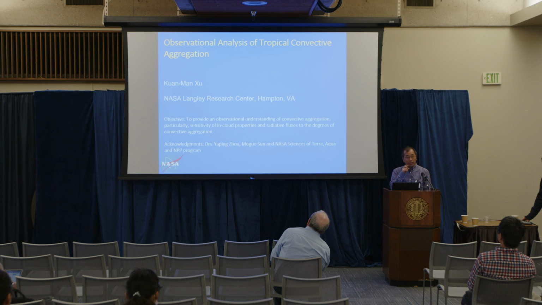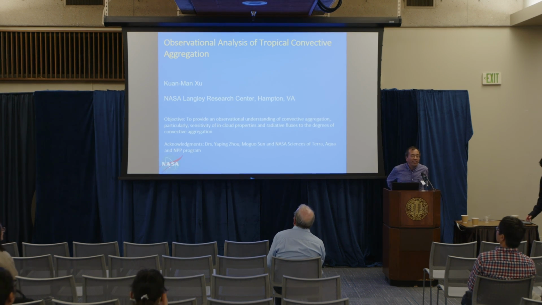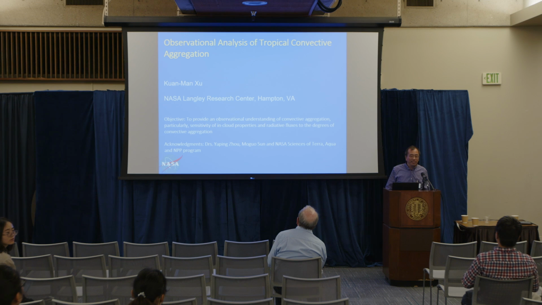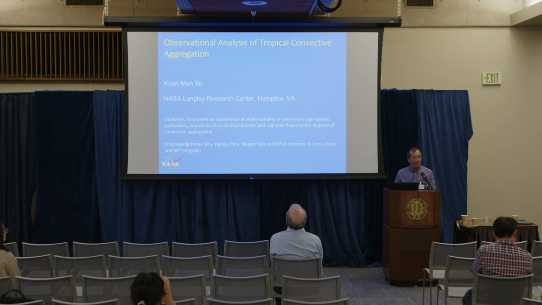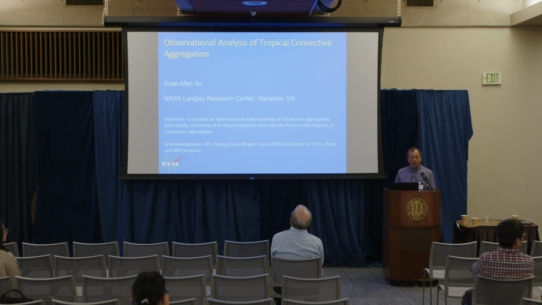I'm Kuan-man. When I came here to UCLA, I didn't have much trouble choosing my research topic. I was interested in cumulus optimization and convection. At that time, Steve Krueger had just finished and was ready to take a faculty position in Utah. He helped me study, so it was a pretty easy topic, and I finished my degree and went to Colorado State University with Dave Randall. Then I moved to NASA Langley because they have a lot of satellite data available, so I take advantage of those data products and do some